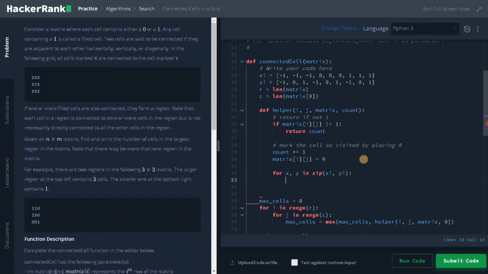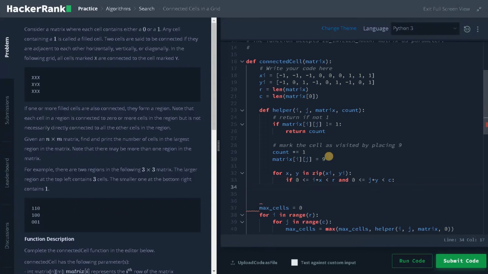So to traverse to the adjacent cells, we have to check whether it is in the given range, that is R and C. So if 0 is less than or equal to i plus x, less than R, and 0 is less than or equal to j plus y, less than C. So I'm just checking whether the indices are within the matrix or not.